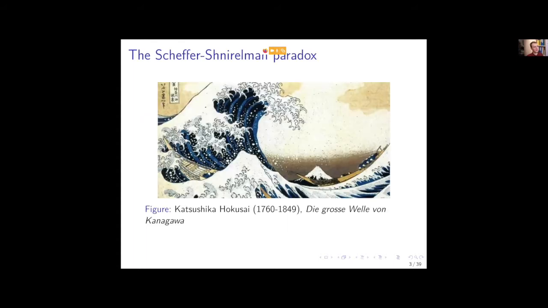I have a very nice picture here by Hokusai. This picture is also hanging somewhere on my wall. I can't see it right now, but somewhere in the house there's a picture. You can see a very nice wave, and I have it here because the Euler equation describes water, and it describes wave formation. So this is a very good picture. Please keep that in the back of your mind.